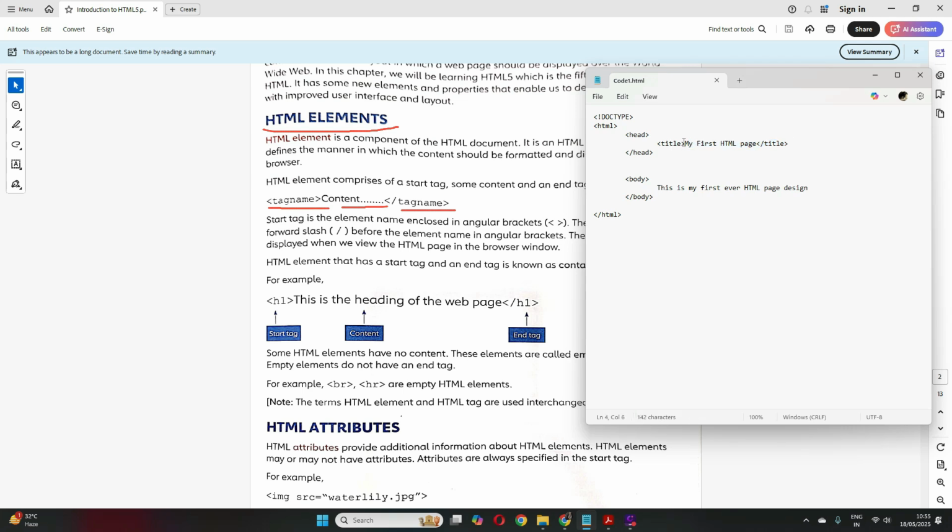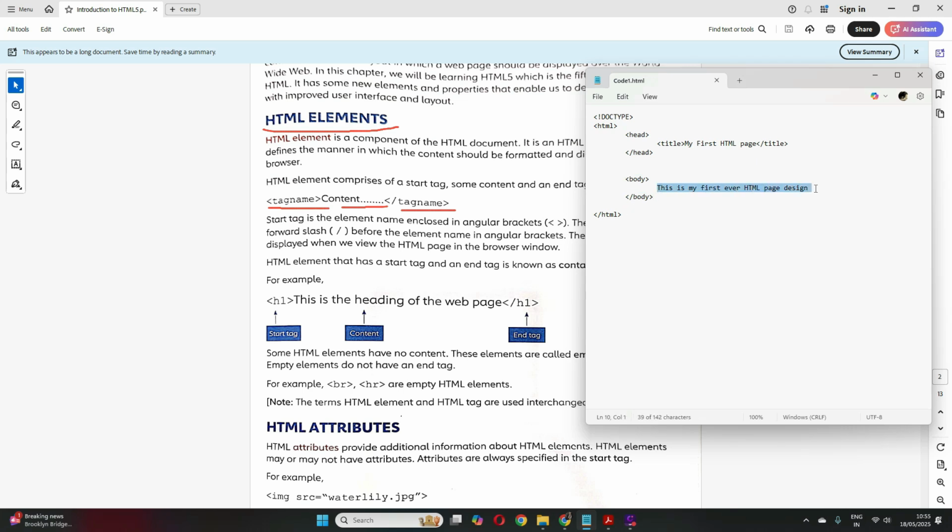So the start tag is always inside angular brackets, and the end tag is also inside angular brackets, but with a forward slash. Clear? Now see, this is another HTML element, where this is a start tag within the angular brackets. This is the end tag within the angular brackets, but starting with a slash.